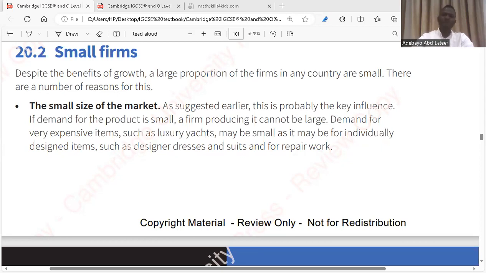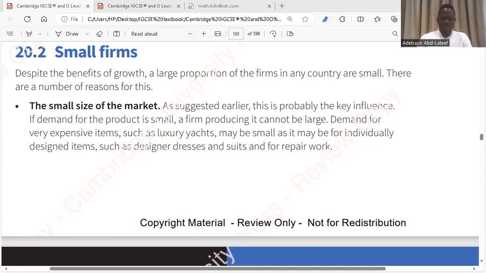So we have internal economies of scale and external economies of scale. Internal economies of scale are average cost reductions within your business. That means because you are expanding, you are experiencing this reduction in average cost. For external, this is a reduction in the average cost of production as a result of expansion within the industry. Expansion within the firm is internal economies of scale. Expansion within the industry is external economies of scale.